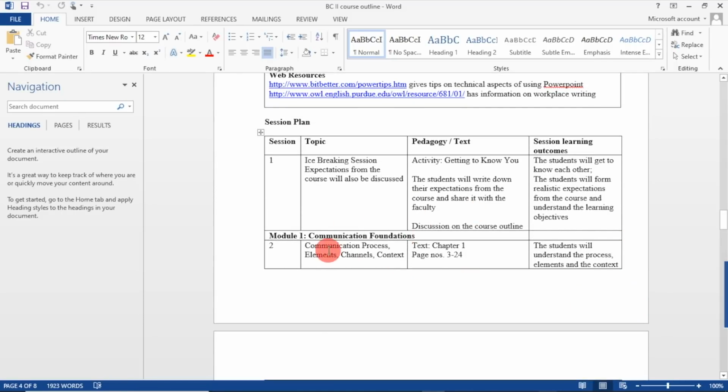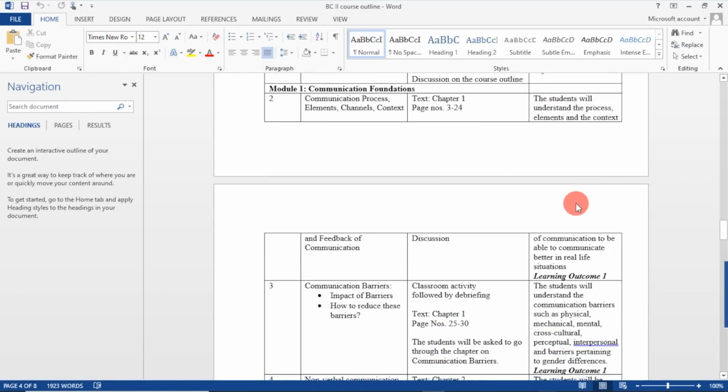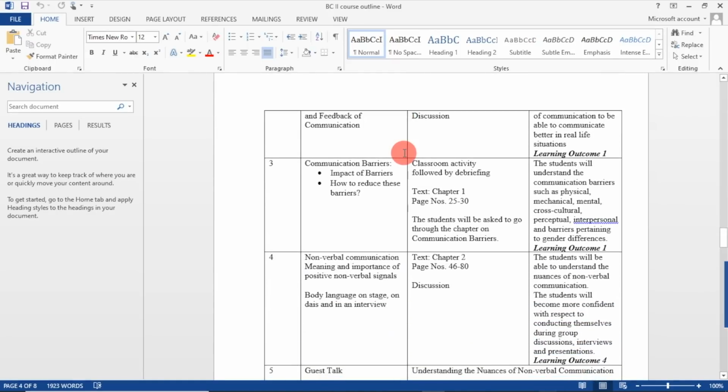Session 1, what I am going to do. I am going to have an ice breaking exercise, try to understand the students, and try to tell them what this course is all about. And from session 2, I am going to start discussing different topics of this particular course. Now, it is very important that when you are talking of the different topics, you must also tell where the content is for that particular topic, because there are some institutions which also give book kits to the students, or if you are asking the student to refer to a book in the library, then you should give a clear instruction to your student of which pages are important as far as this topic is concerned.